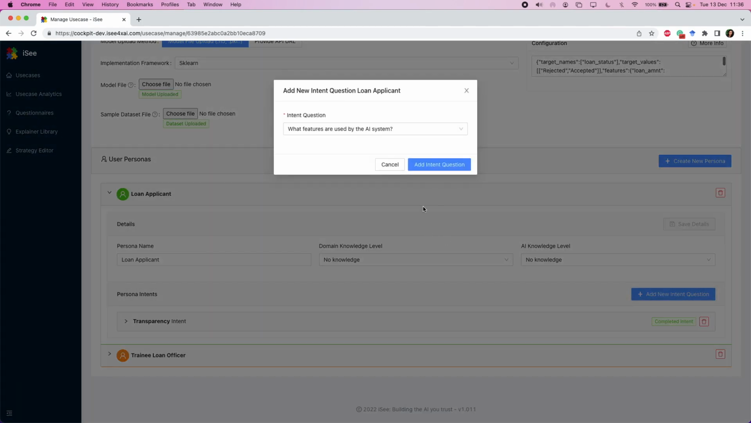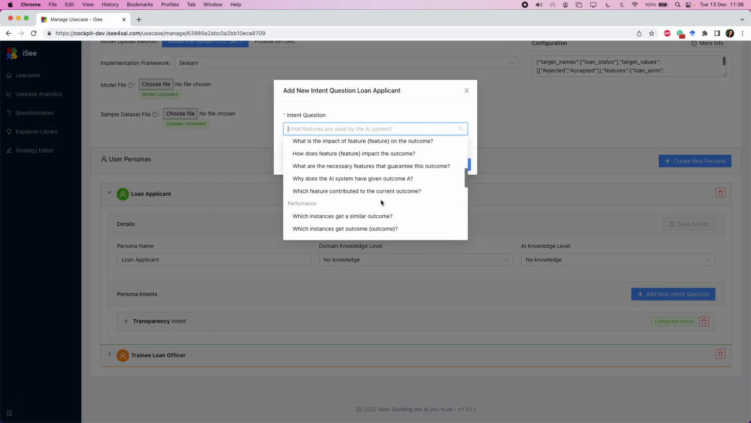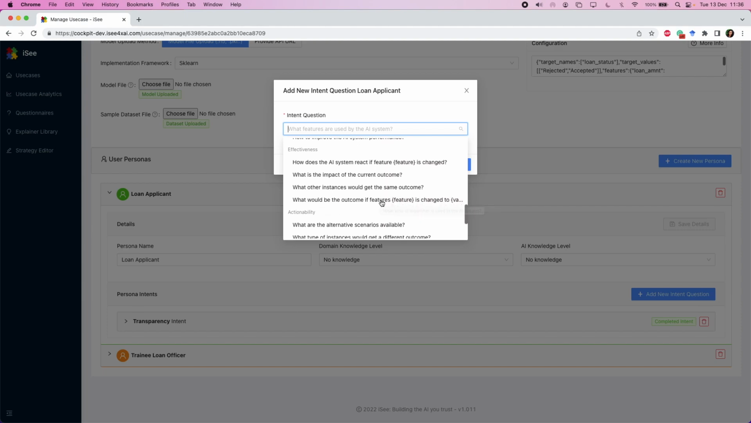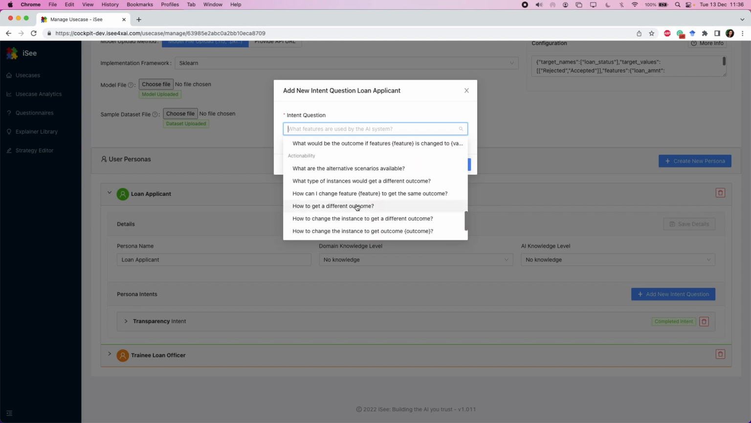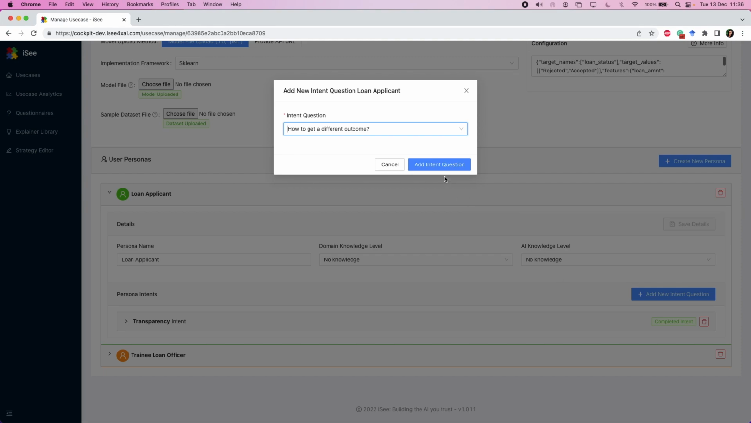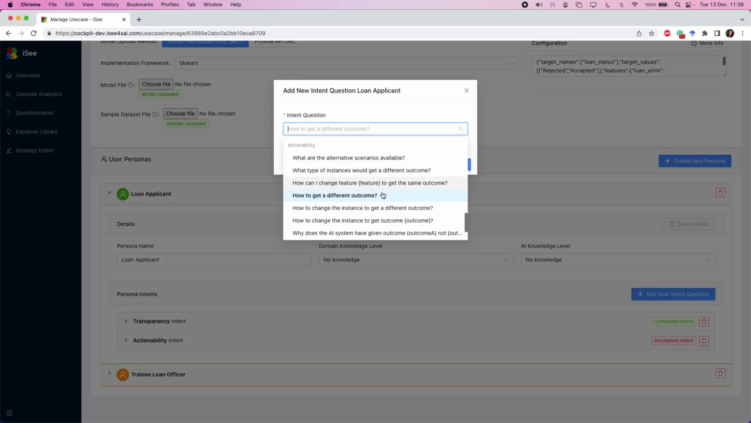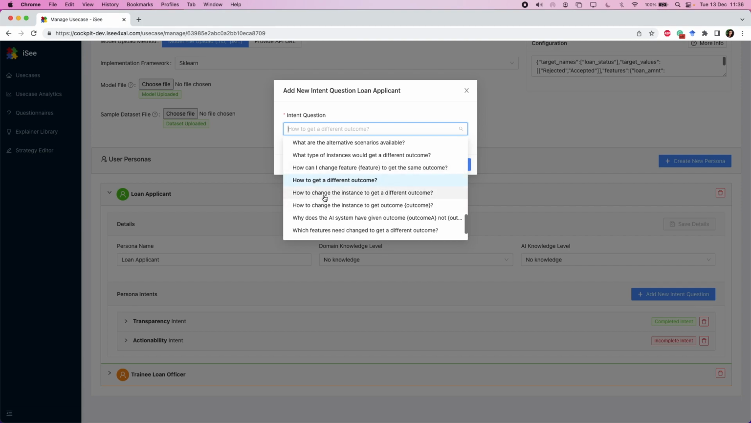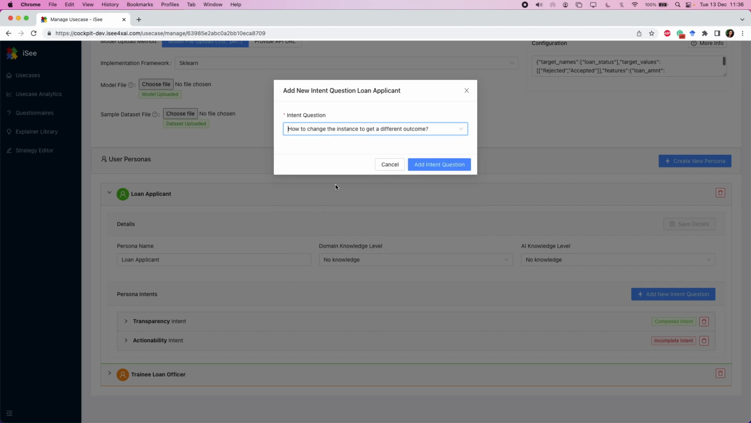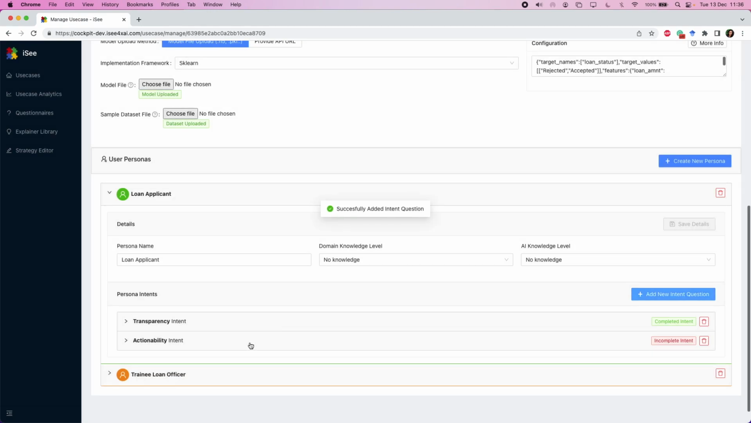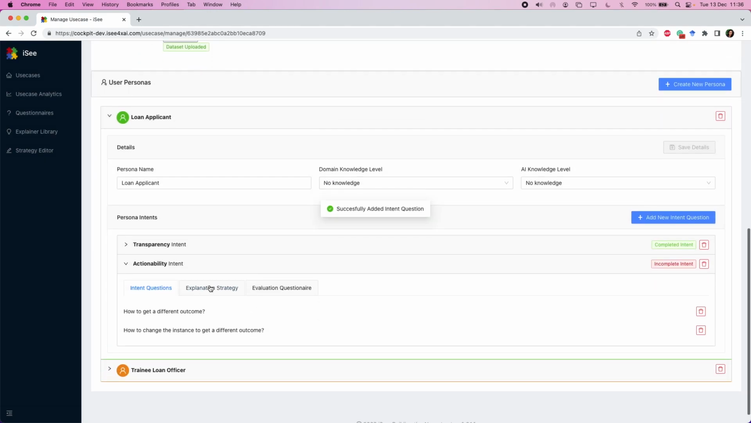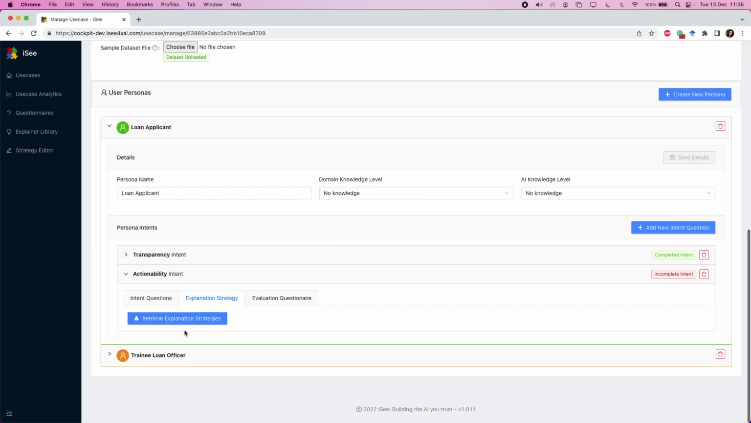Another type of question a loan applicant may have when they get a rejected loan application is how to change that outcome, how to get a different outcome, for example. And they can frame this question in a different way as well. How to change the instance to get a different outcome. If they ask this type of question, we want to configure a strategy that